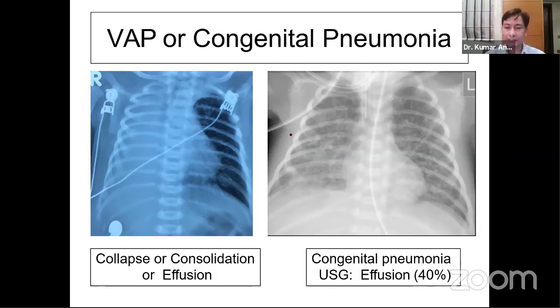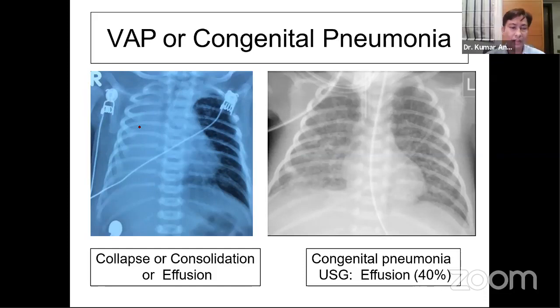I told you that the congenital disease or the primary disease is bilaterally symmetrical. Both lungs are homogeneously, equally affected. Anything acquired is asymmetrical. Like in this case, this baby was intubated for 48 hours and has a right side collapse, probably effusion also. So it's an asymmetrical disease, how to differentiate whether it's a collapse or effusion?